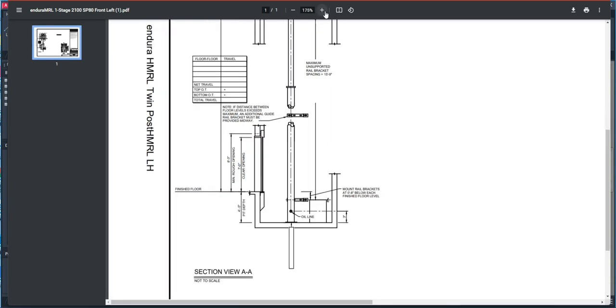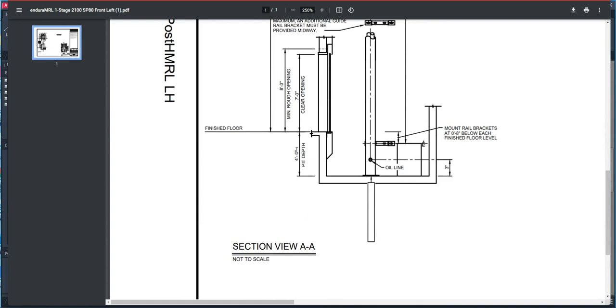Okay, let me zoom closer. So it says there 4 feet from the finished floor. Okay, it tells you all this other stuff, and then that the mount rail brackets will be 8 inches below each level. Okay, so let's now prepare for a pit depth of 4. Obviously, you can go deeper than 4, but this is the requirement. Okay, so going back to AutoCAD